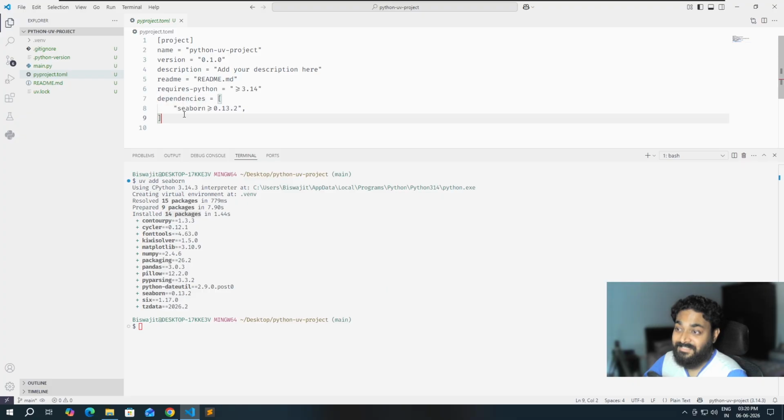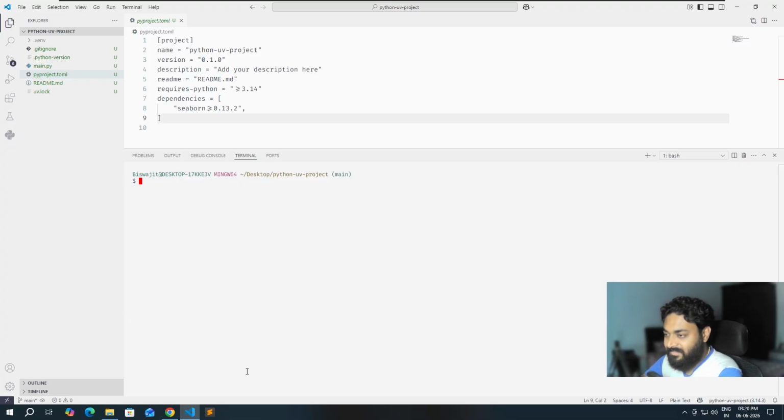Okay, so you can see here it automatically updated the dependencies list, and it is saying this is the Seaborn version that is needed, greater than or equal to 0.13.2. Isn't it cool? Automatically it is updating the dependencies that you need. And not only that, this dependency part says you need Seaborn version 0.13.2, but it doesn't say exactly which version is currently installed. And we can check that using